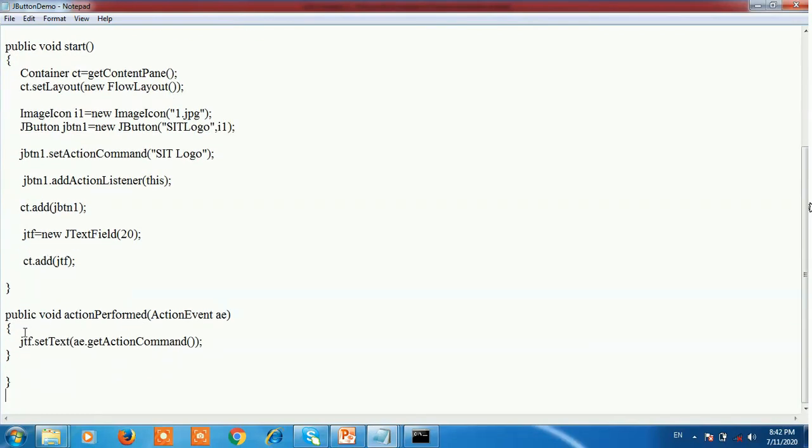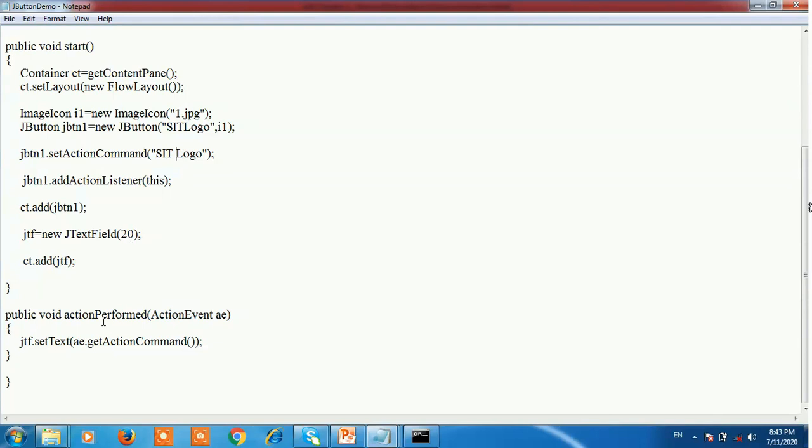In the actionPerformed method, the setText method is used to set the text: jtf.setText(ae.getActionCommand()), where ae is the object of the ActionEvent. In getActionCommand, we pass the string SIT logo.